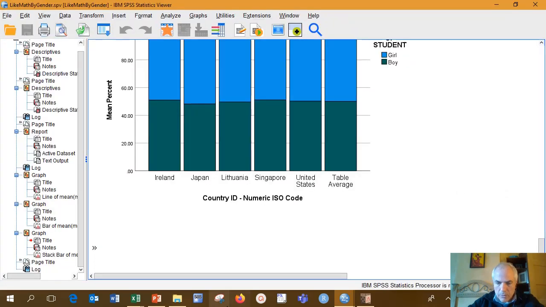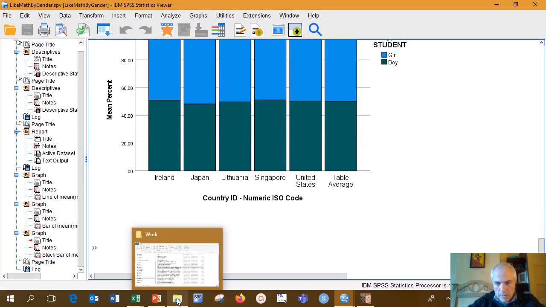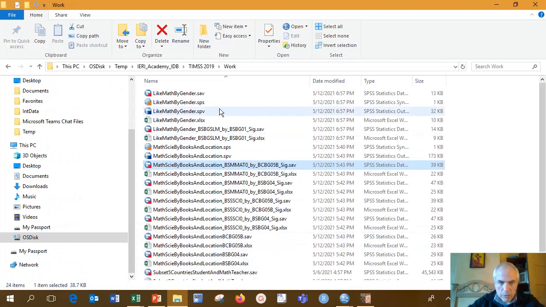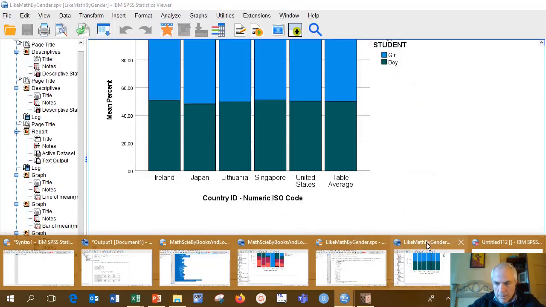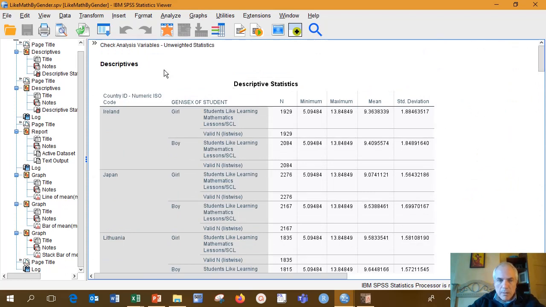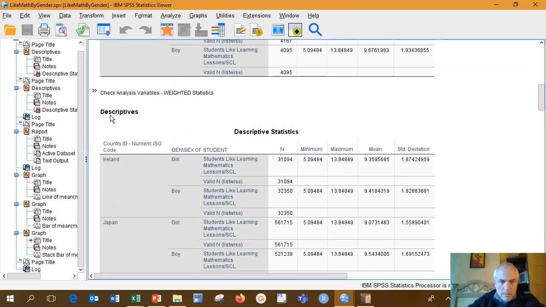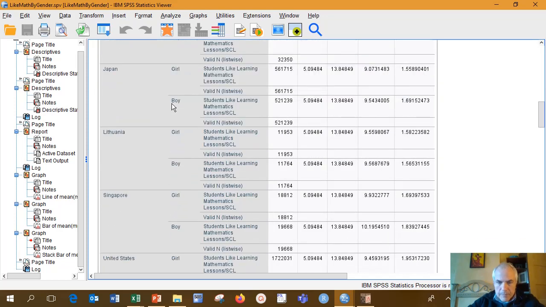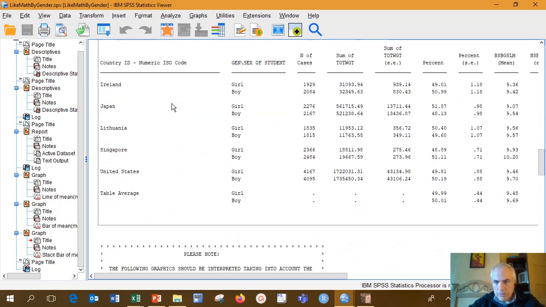And let's go back to the folder where we were a few minutes ago, and we'll see that we have the files here for liking math, significance testing of liking math by gender, and the results by gender, the syntax file, and we're going to have descriptive statistics unweighted to check on the data, descriptive statistics weighted, a little table with the results,